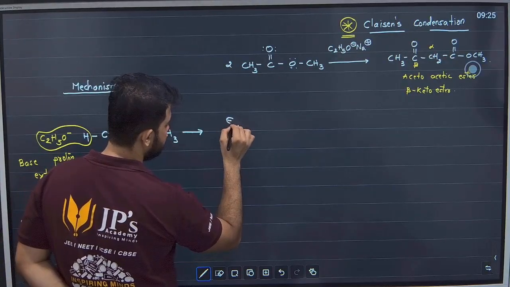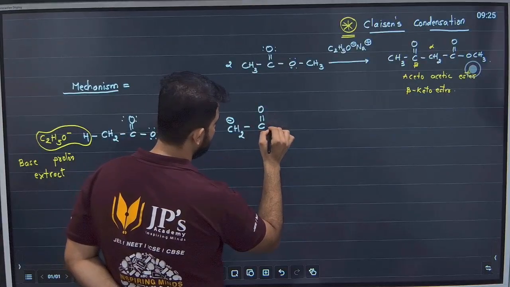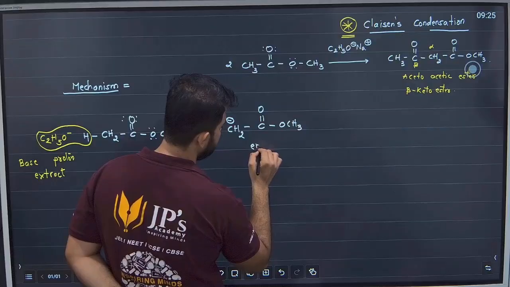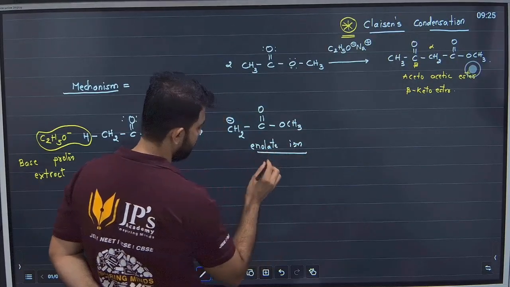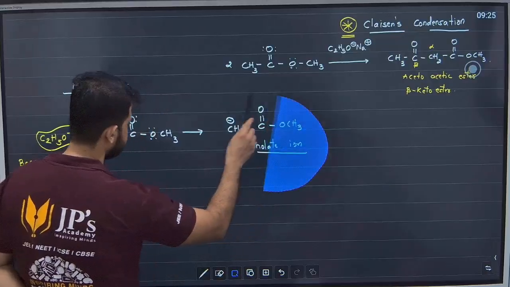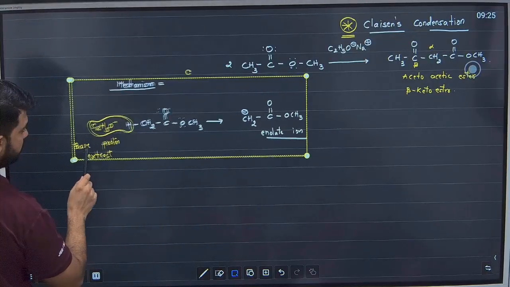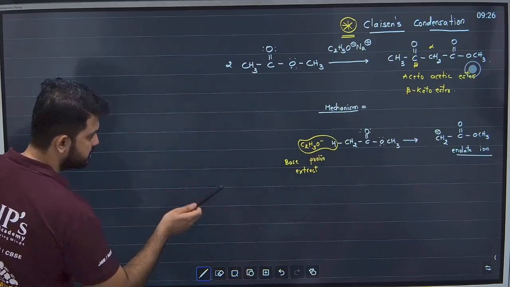CH2 minus and C double bond O CH3. Remember हम इसे क्या बोलते थे हमारा? We call this our enolate ion. This is our enolate ion. Enolate ion का भी resonance होगा. I'm not showing that. Next step, what happens? The enolate ion